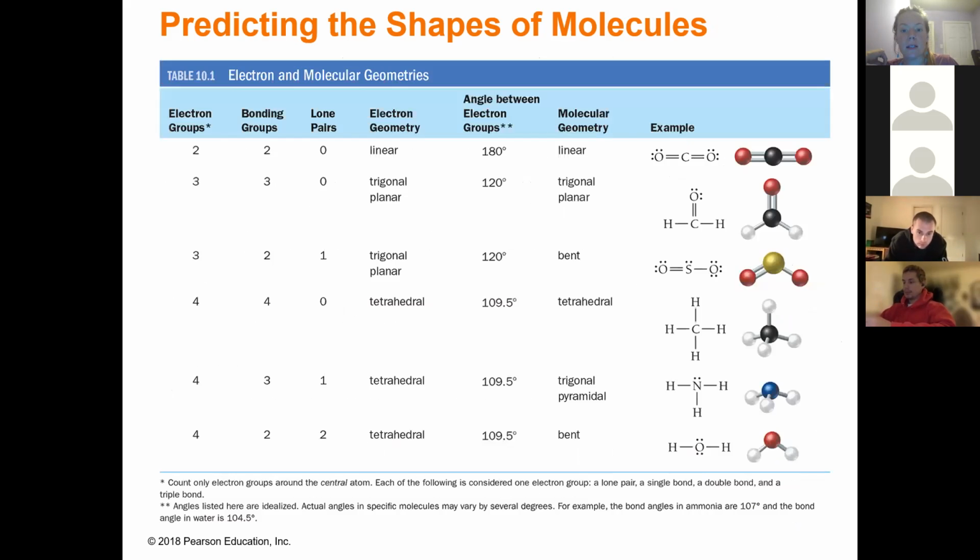So let's look at the diagram. Here is a diagram that shows you sort of all of this stuff. We've got the number of electron groups. Anytime your electron groups and your bonding pairs are the same, meaning every electron group is attached to an atom, you're going to have,